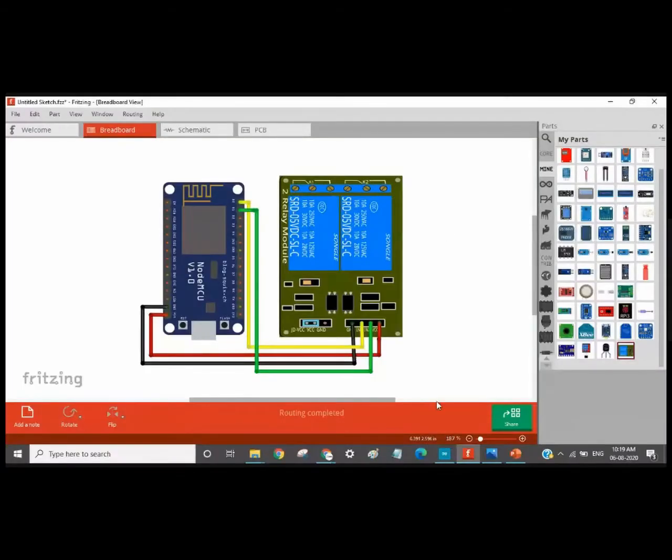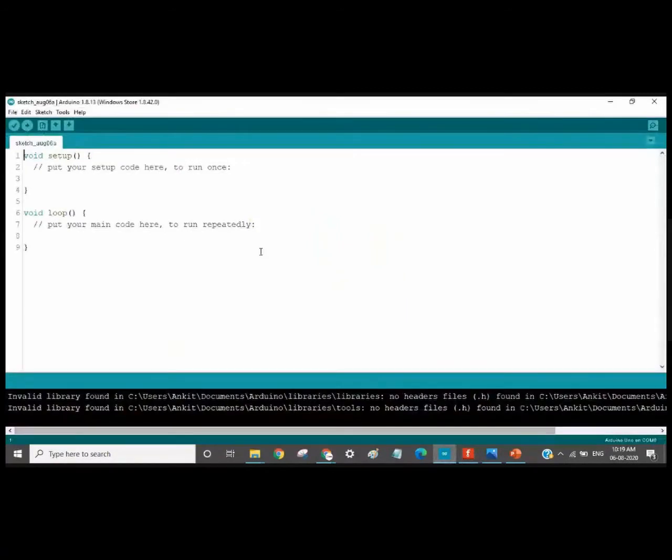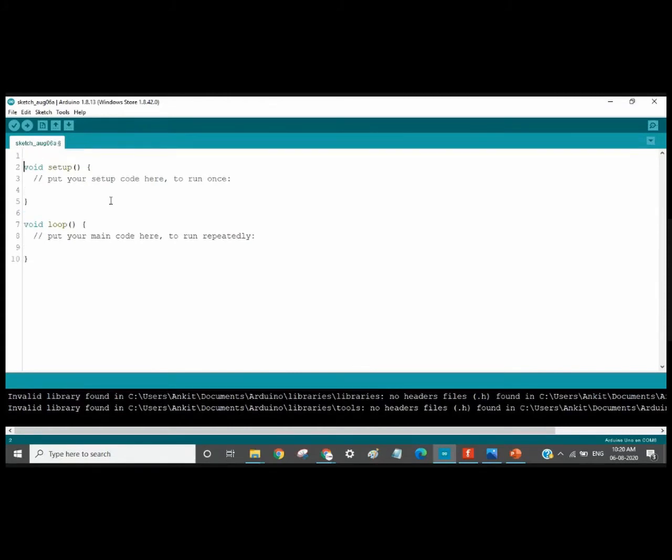We will continue with the coding part now. First of all, we are starting with the Arduino Uno code. The code for the Arduino Uno and the code for the ESP12 are almost similar. The only difference is that you have the Wi-Fi part in the ESP12, but for Arduino Uno, Wi-Fi is not supported. So if you want Wi-Fi capability in Arduino Uno, you have to use the ESP8266 board. So the coding will remain the same, and we will start with the coding of this.